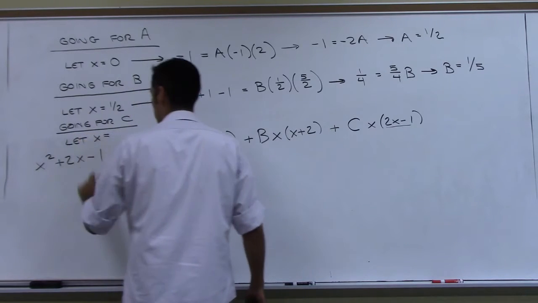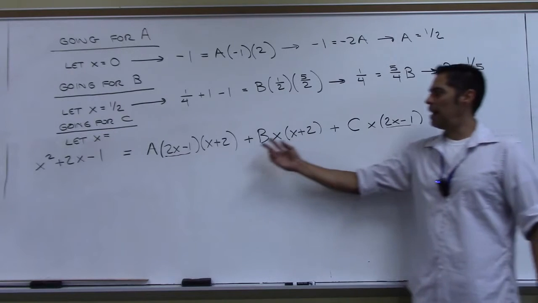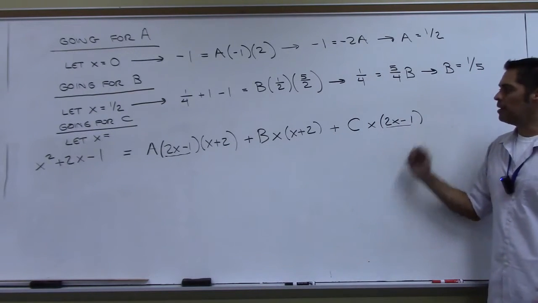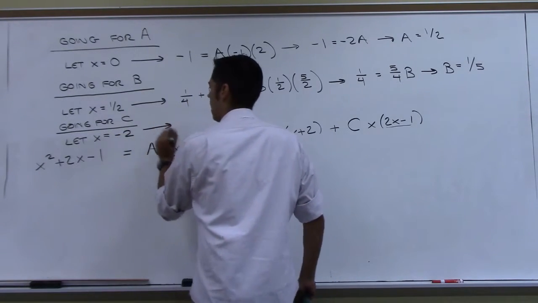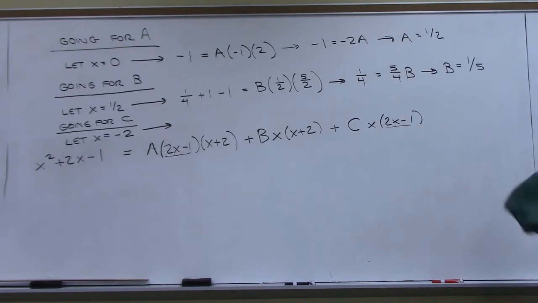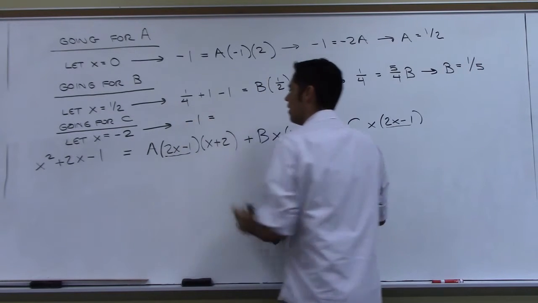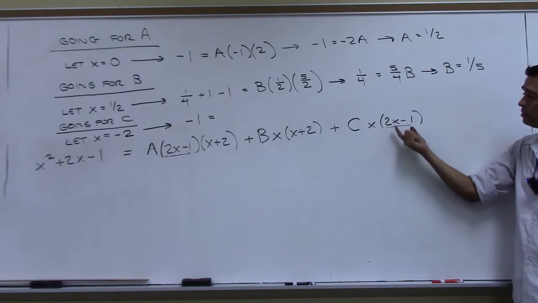let x be -2. Because this factor and this factor appear here, but don't appear here, so I can let x be -2. And let's see, what does the left side turn into? -1. And then the right side, everything's gone except for this, and I plug -2 in here,